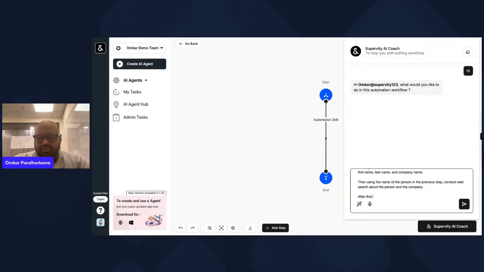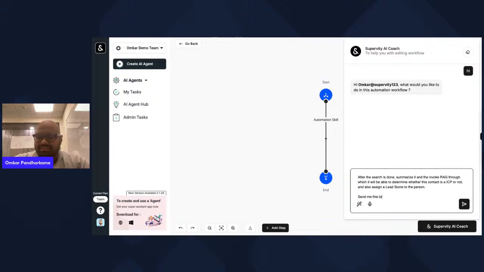After the search is done, summarize it, and then invoke RAG. RAG stands for Retrieval Augmented Generation. Invoke RAG, through which it will be able to determine whether this contact is an ICP or not, and also assign a lead score to the person, right?